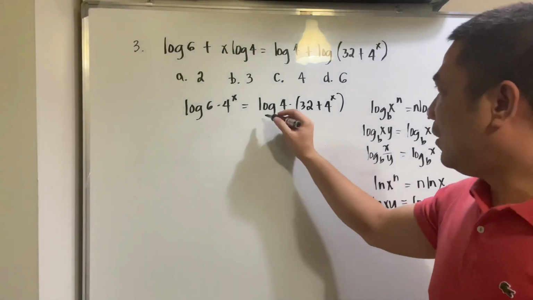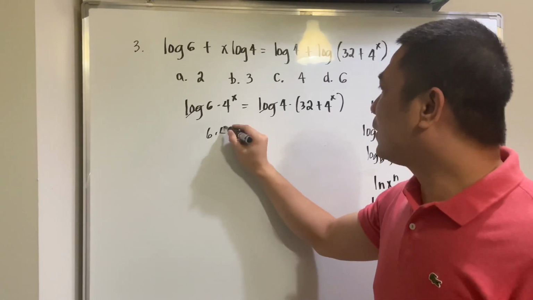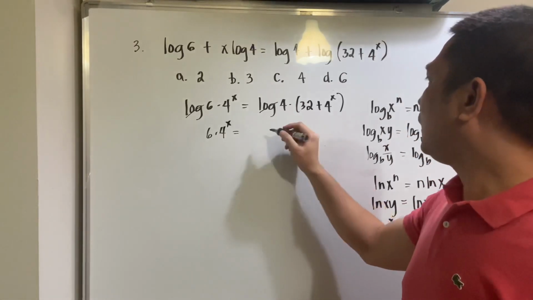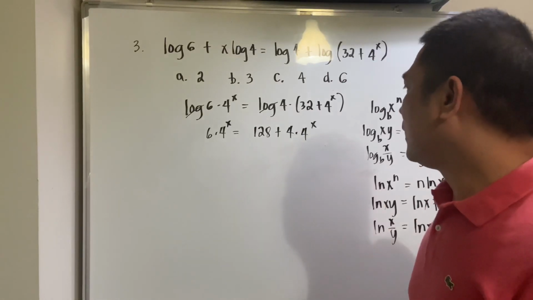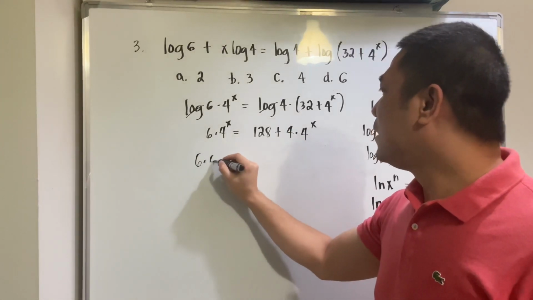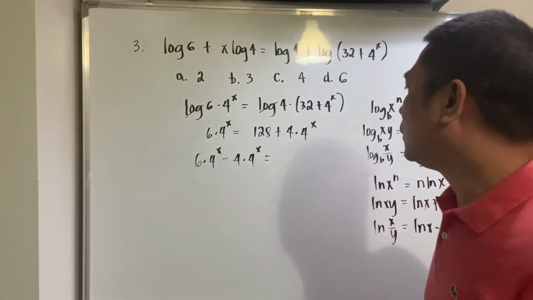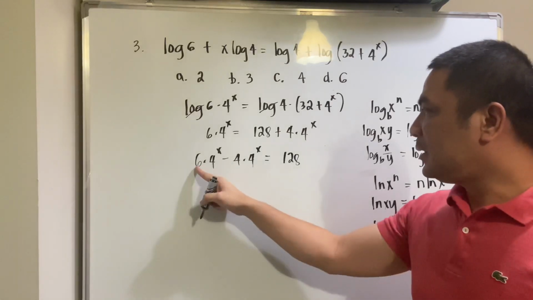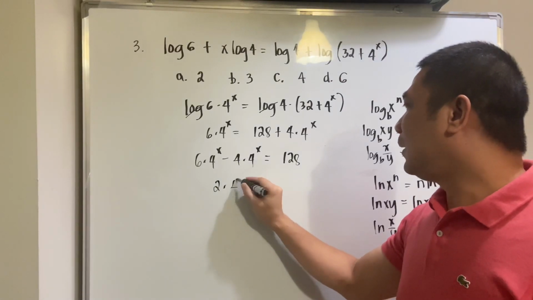So we can cancel out the logarithms here since they have the same base. Therefore 6 times 4 raised to x is equal now to 4 times 32, which is 128, plus 4 times 4 raised to x. So I have to put this to the left side of the equation. So 6 times 4 raised to x minus 4 times 4 raised to x is equal now to 128. So 6 times 4 raised to x minus 4 times 4 raised to x will be 2 times 4 raised to x is equal to